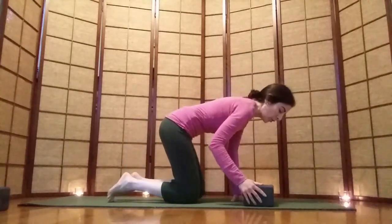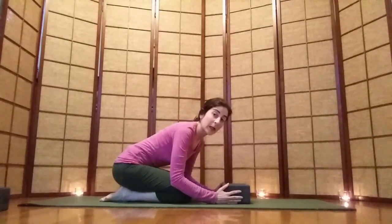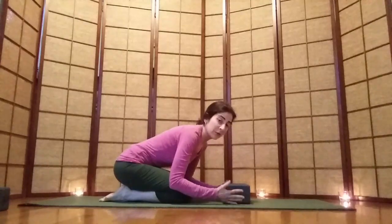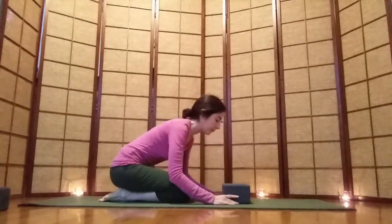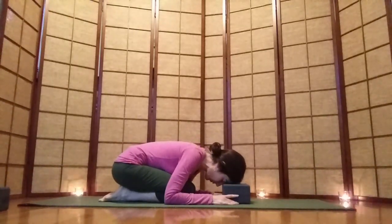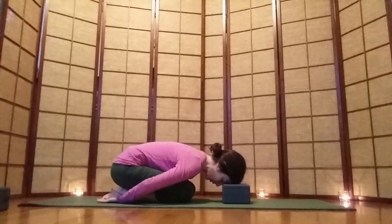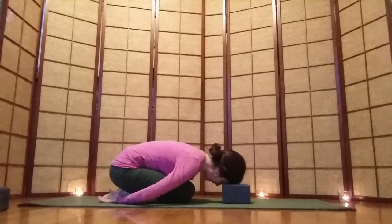Pose to relax your head upon it. It can be very, very calming for the mind. And if you don't wish to use the block, that's fine too. Just push it aside and bring the forehead down to your block. Hands can come to the feet to release the shoulders, and begin to move a little from side to side,